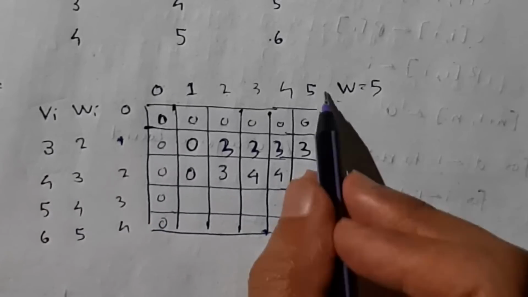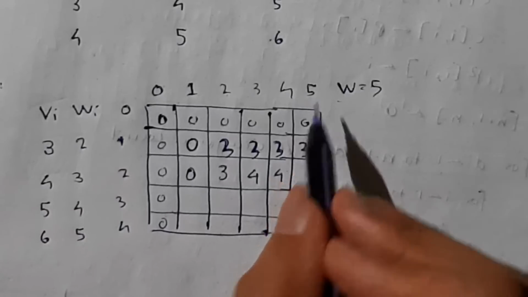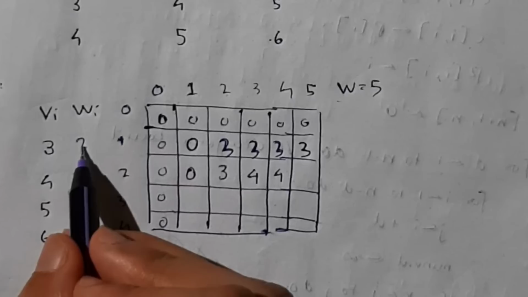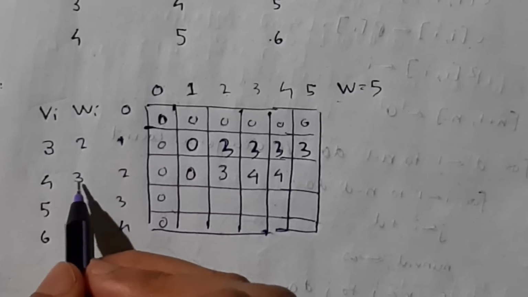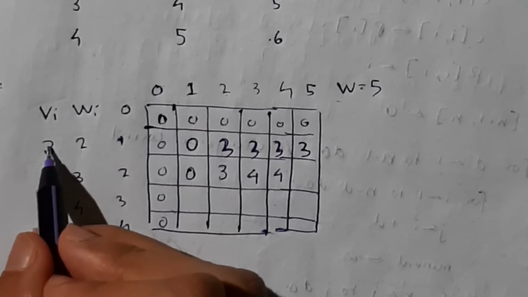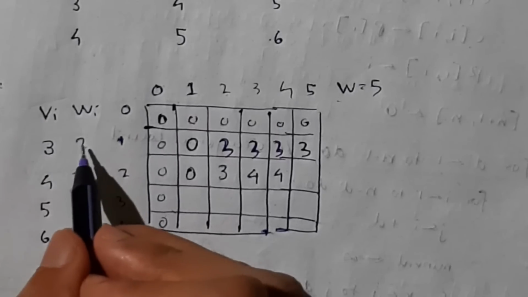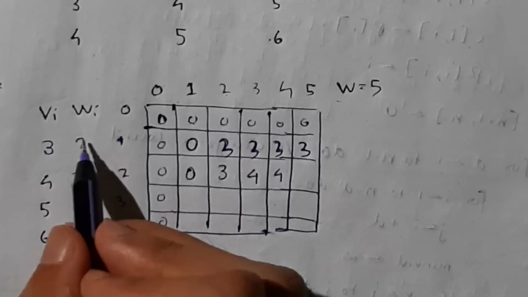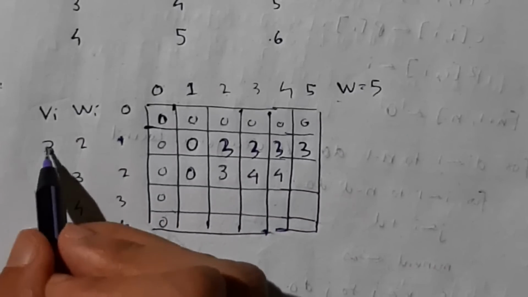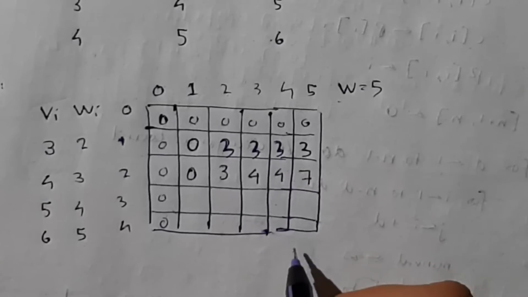Okay, so here what's the maximum capacity? It's 5, but if I fill just with 3, 2 will be left, right? And that 2 can be filled from here. So what will be the total profit? From this I'll get the profit as 4, and from this I'll get the profit as 3. 4 plus 3 is 7. So taking up the maximum capacity of the container, 3 plus 2 which is 5 kilogram, I'll get the profit as 4 plus 3 which is 7. So I'll be writing here as 7.